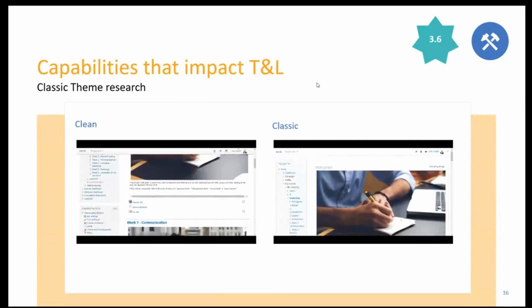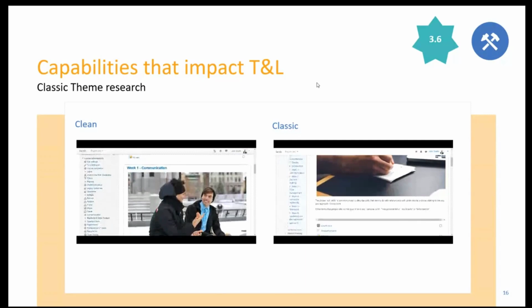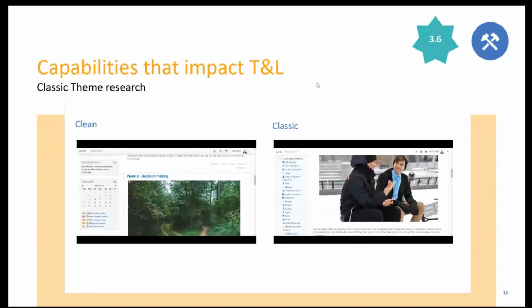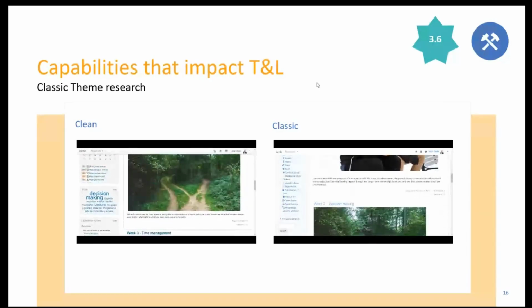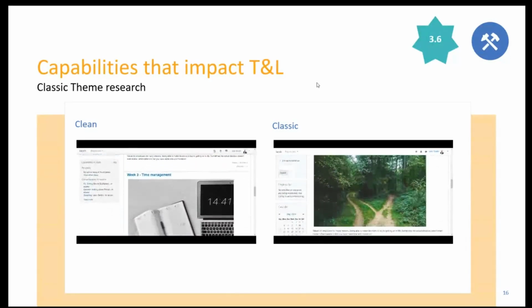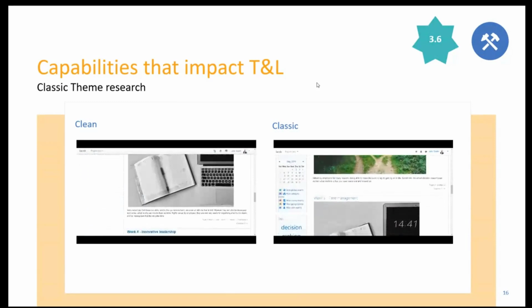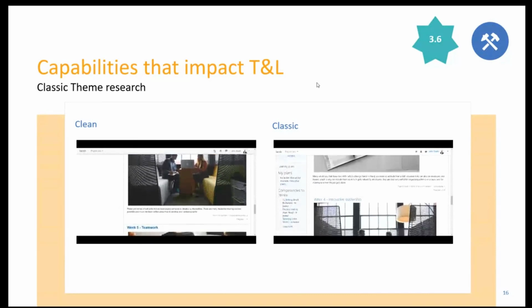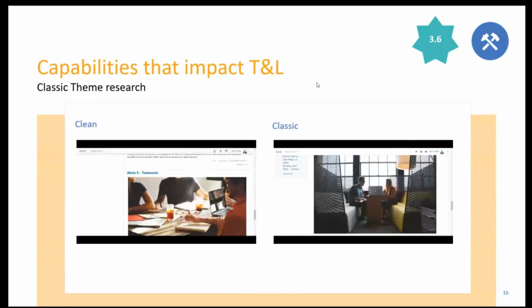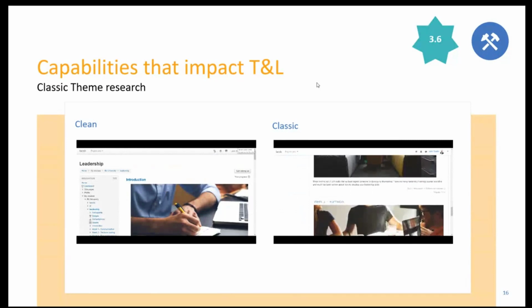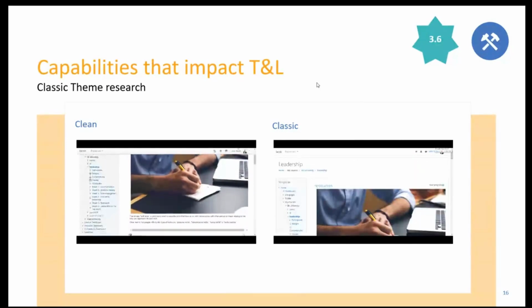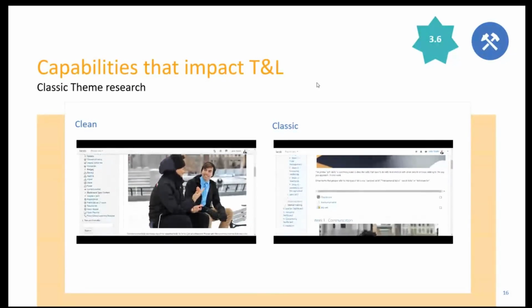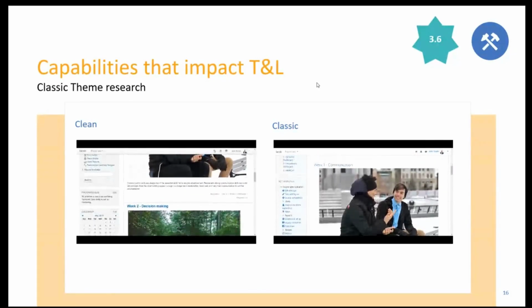But we also mentioned that we were reviewing and integrating a new thing that comes from core, which is called Classic. Classic, as you see here in this view, is similar in terms of information architecture, overall look and feel, and color structures and customization options as Clean. It has the same structure. It provides the same user experience, with the difference that this is built in newer technology and is directly supported from Moodle HQ. So we are happy to announce that we have introduced this as part of this release,